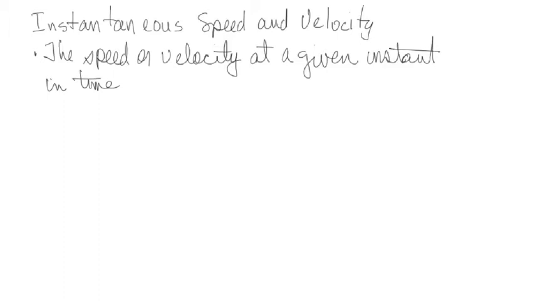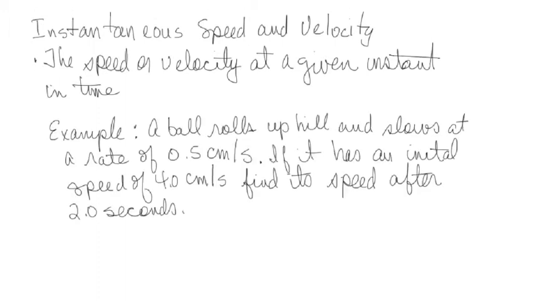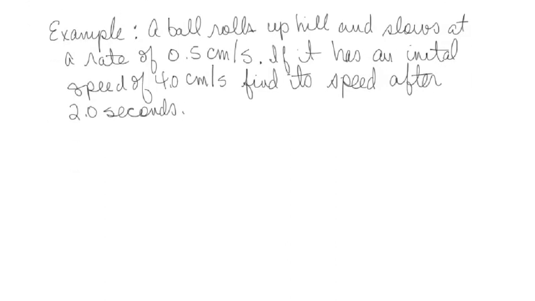Moving on to the next topic here, instantaneous speed and velocity. As you can see, it is the speed or velocity at a given instant in time, and this applies to bodies that are not moving at a constant rate. Quick example, a ball rolls up a hill and slows at a rate of 0.5 centimeter per second. If it has an initial or starting velocity at t equals 0 of 4 centimeters per second,